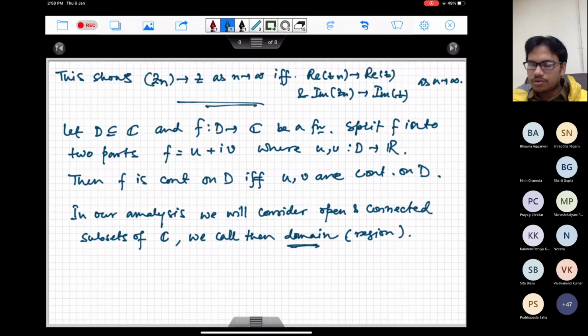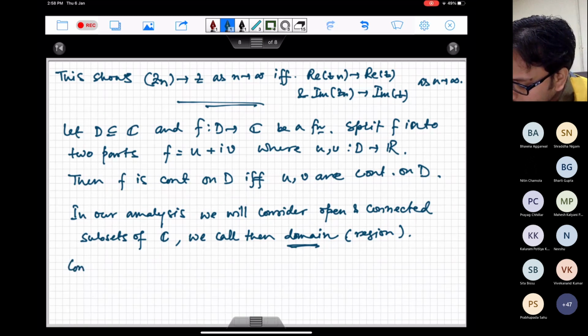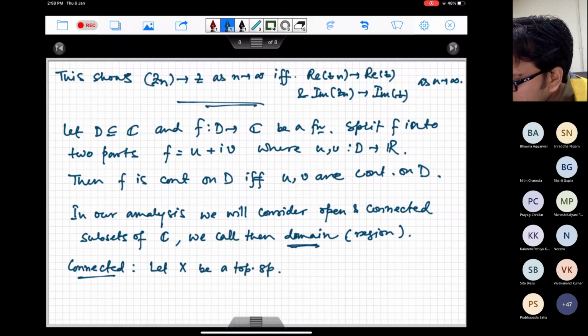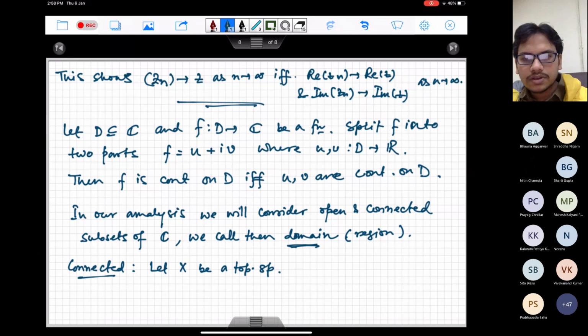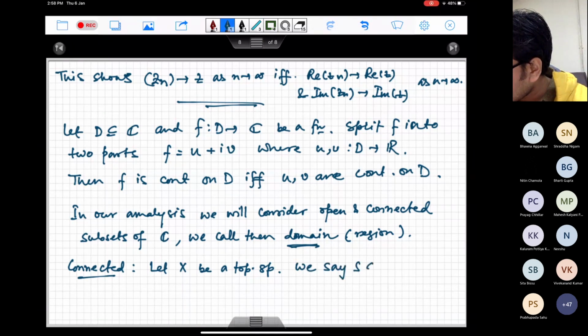For those of you who know what is connected, that's good. But if you do not know what is connected, let me just briefly tell you what a connected set is. Definition of a connected set. Let X be a topological space. I'm sure you must have seen the definition of topological space by now, right? Yes, sir. You have seen the definition, right? Fine. So X is a topological space. We say S, a subset of X, is connected